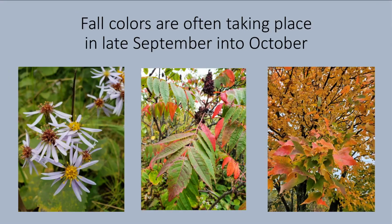Northern Minnesota is unique among the Midwest in that it receives the cool fronts a little earlier than the rest of, let's say, central and southern Minnesota, central and southern Wisconsin. And because of these Canadian cool fronts coming through, you end up with a changing of the colors a little bit earlier in the season. Typically around the third week of September is when a lot of fall colors have started. Sometimes it takes a little longer into October,